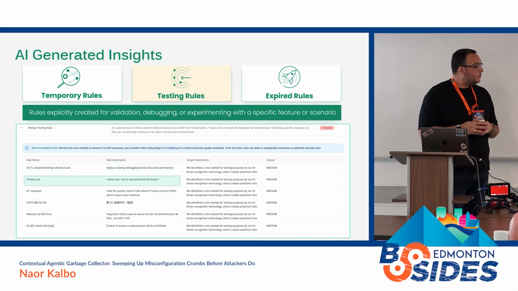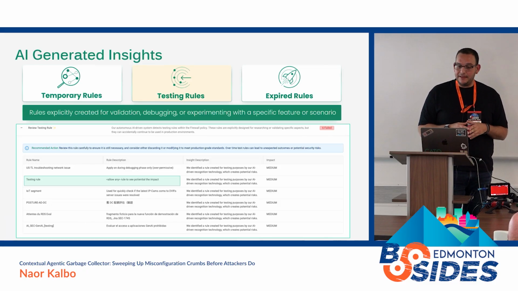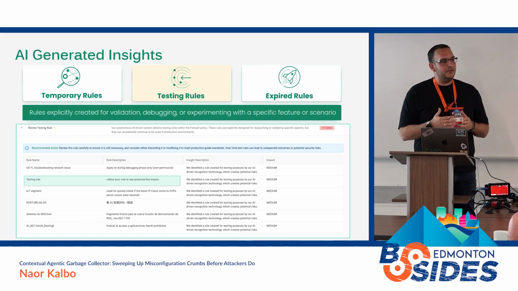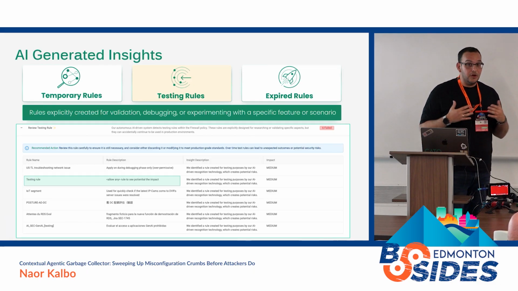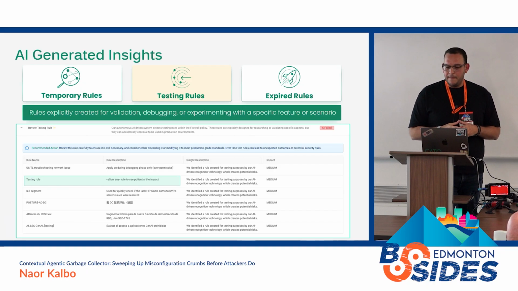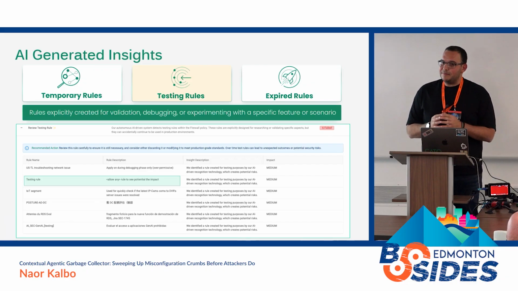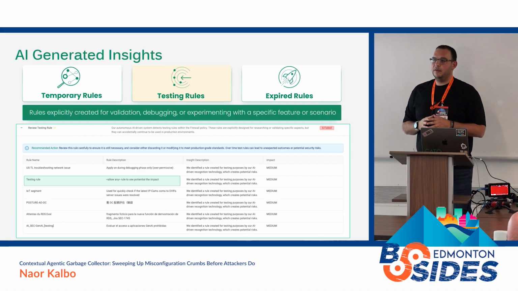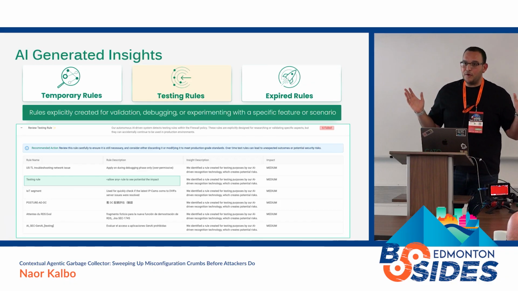Another example is a testing rule created to explore and get familiar with some certain policy configuration, like an allow any rule, which might be legit at first. We saw that at customers because they don't know how to configure their firewall at first. They want to learn, they want to allow everything and then scope it down. But as much as this might be legit at first, it must be dropped as soon as possible. And we see many cases where customers actually forget about it.